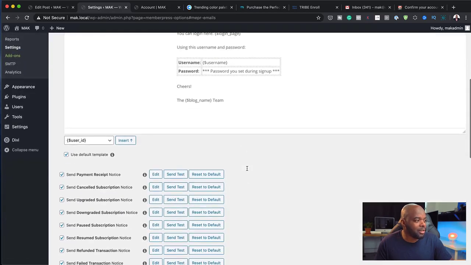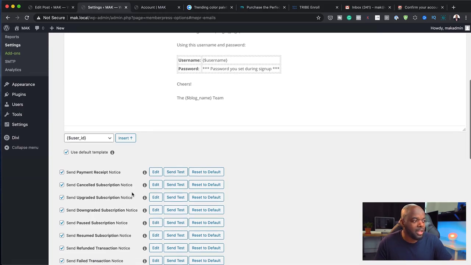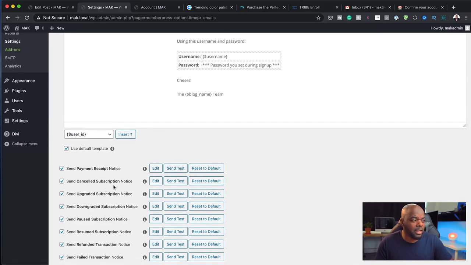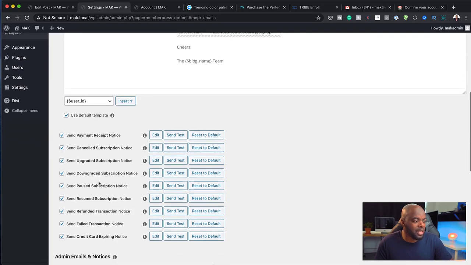And let's go back over here. Payment receipt, so they'll get the payment receipt as soon as they've made the payment. Cancellation subscription, I mean, they also get an email when they cancel their subscription. So you can see here when they resume as well, when they pause. So it's very, very good because it keeps all your members up to date as to what is going on